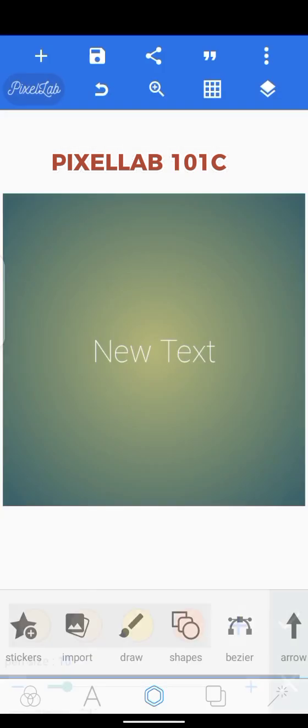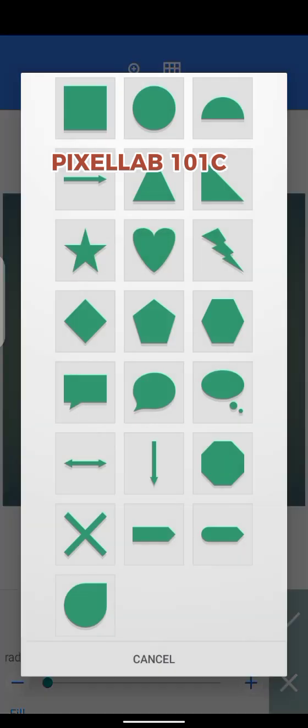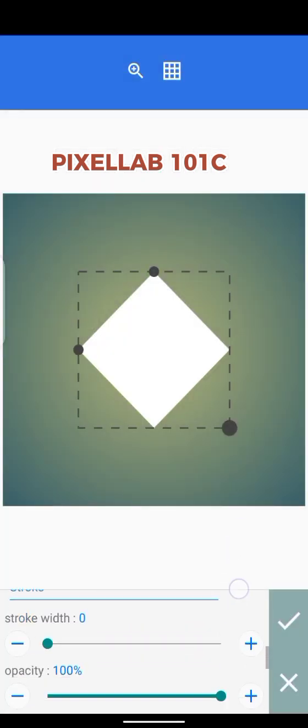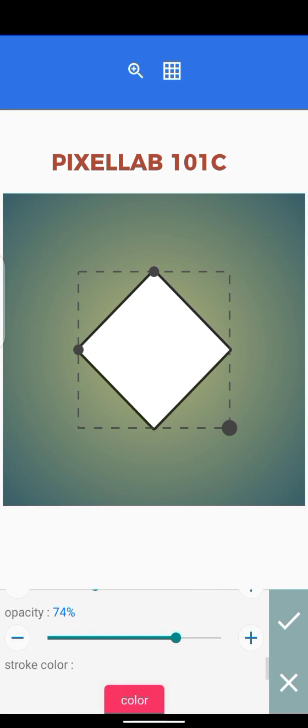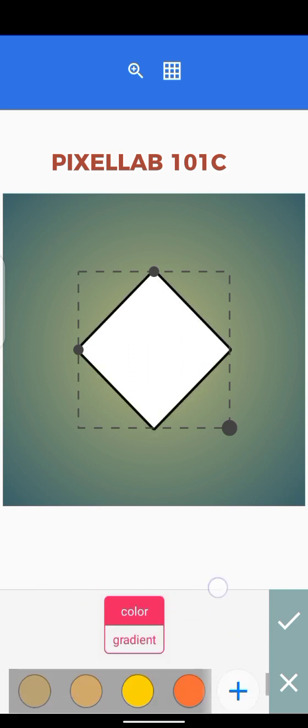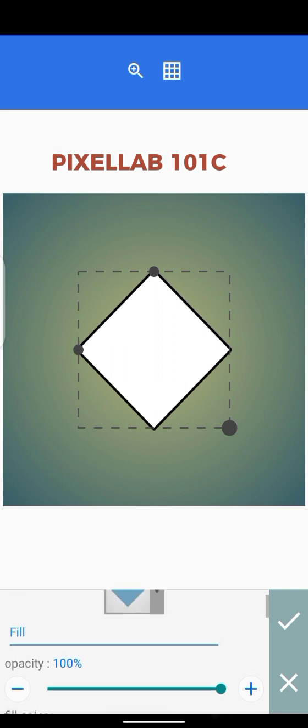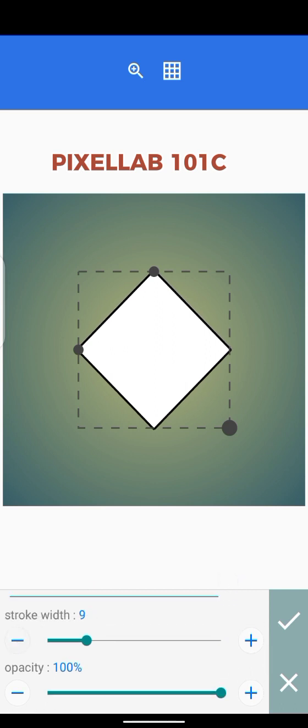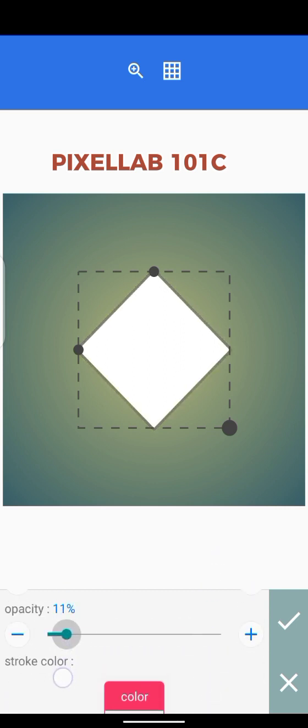All right, so let's move to the next one, which is shapes. Then you can have shapes here. You can change your shapes. You can do some editing here, like increasing the stroke width, right? You can increase the opacity. That is how visible the change you are making is. Now this is, I think, the opacity for the stroke, not the main image. All right, let me change it to a rectangle and see. This is the one for the actual shape, right? As you can see, we have a slider, and like I told you, you can use these plus or minus icons here to make the changes you want. All right, so you can see the opacity